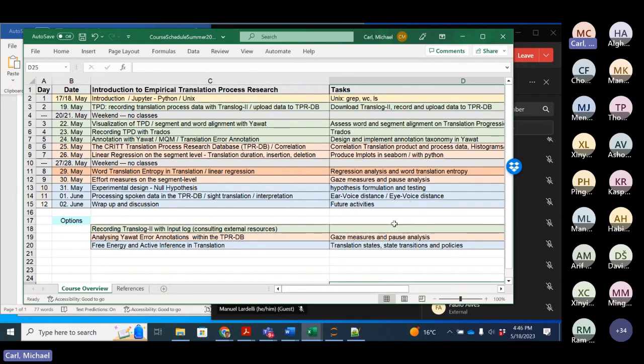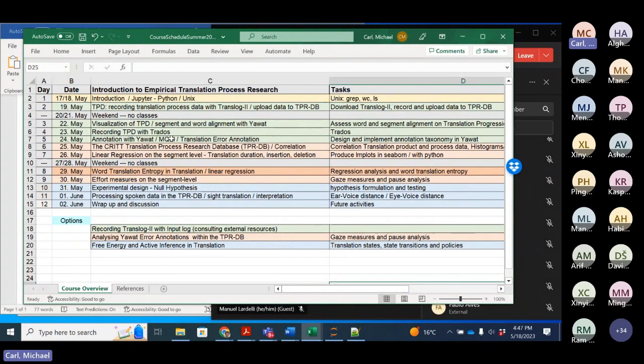There are very many different ways of what you consider to be an error and how you want to classify and annotate these errors. This YAWAT tool gives a small, not very sophisticated, but a couple of possibilities to annotate this data in different ways. And then these annotations are inserted into this database, and then they can be correlated with behavioral data, as I mentioned before.